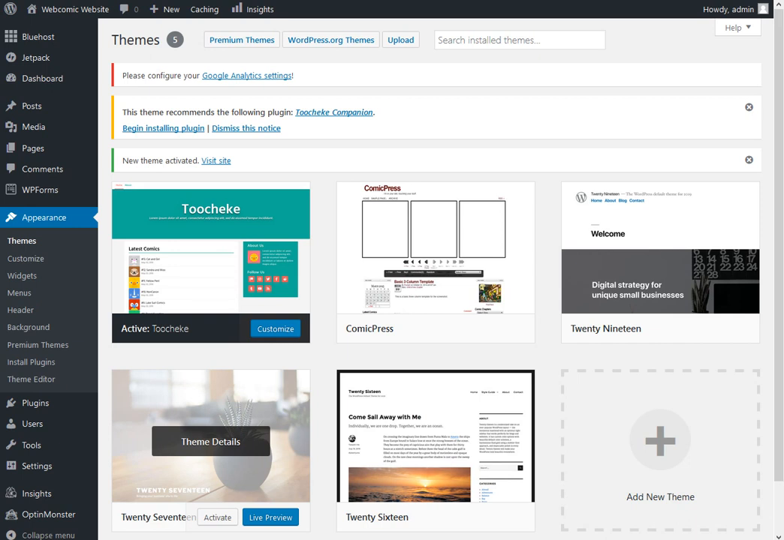Now, one note here, ideally I would recommend you use what is called a child theme, but for the purposes of this tutorial, this will do. I've covered child themes in a previous tutorial, and I will add a link to it in the description box below. Okay? So the next step will be installing the Toocheke companion plugin,